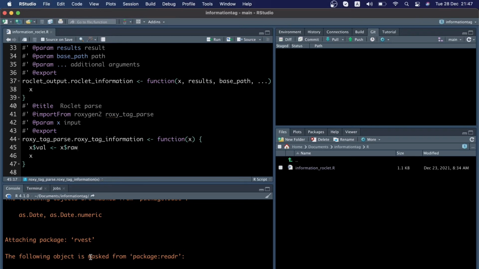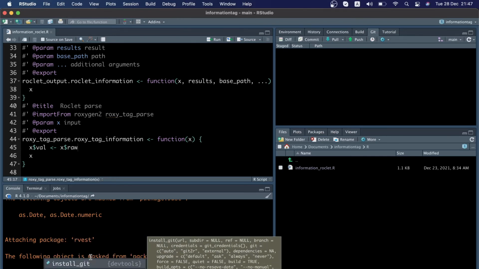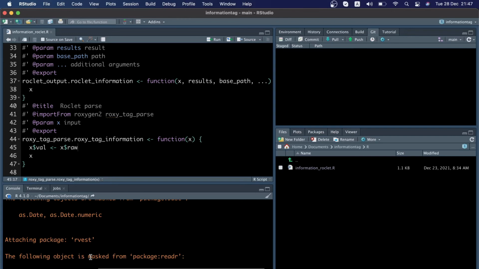So for my package, the code is devtools install GitHub, and my username which is Sharonak47, and the package name which is information tag. So basically it has your username and the name of the package that is required.